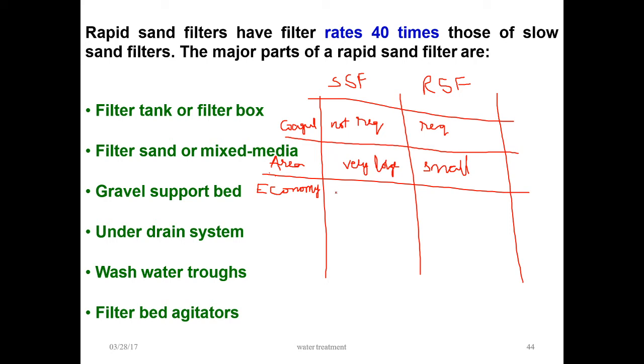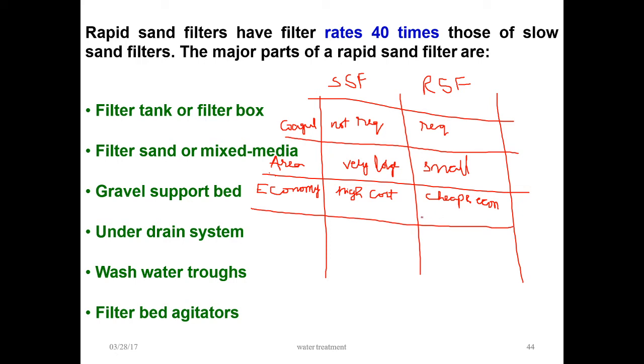Economy wise, the slow sand filter requires high cost. For rapid sand filters, it is cheap and economical from the economy point of view.